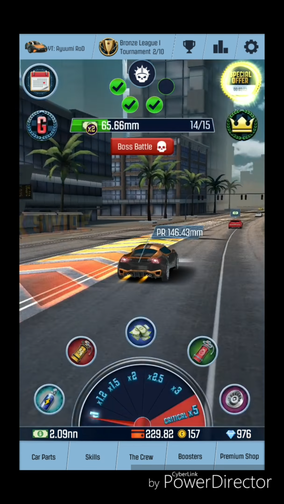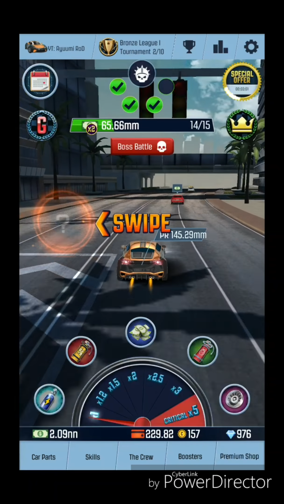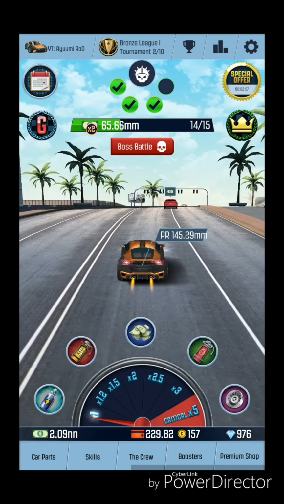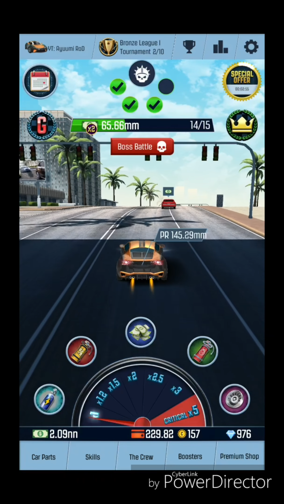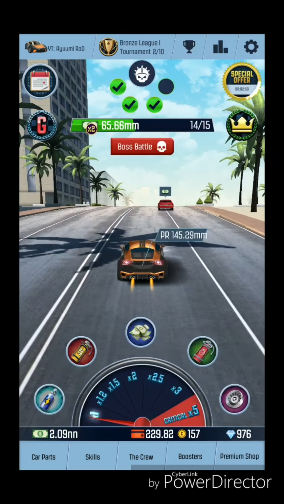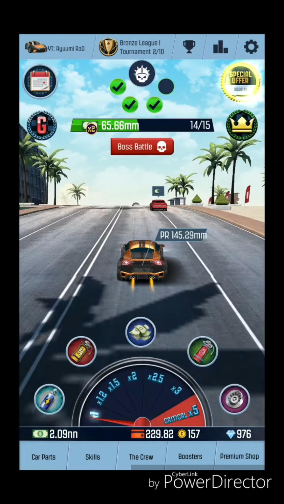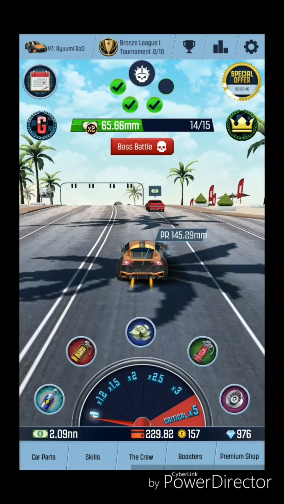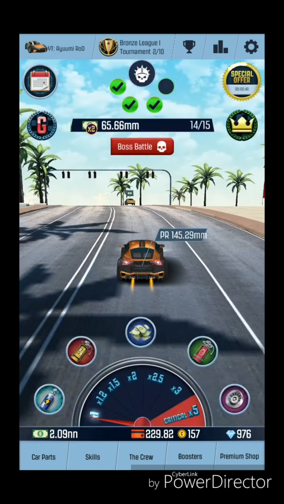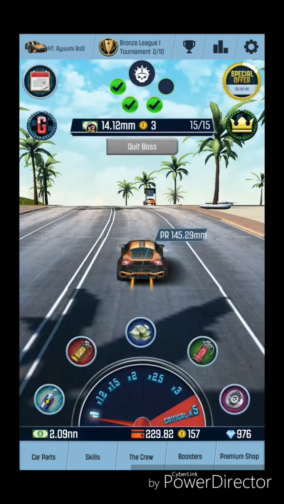Ruby is the girl who drives the white vans with money coming out of the back. That's the car she drives. And the reason you need her is because, as you can see, my opponent cash right now is 65.66 mm. If you enter battle and leave battle and do this over again, suddenly...